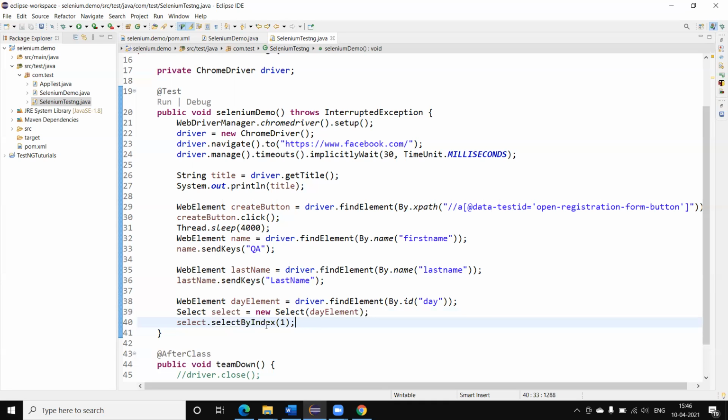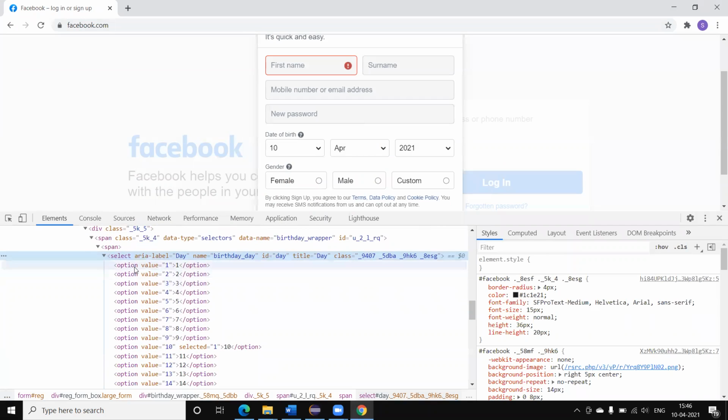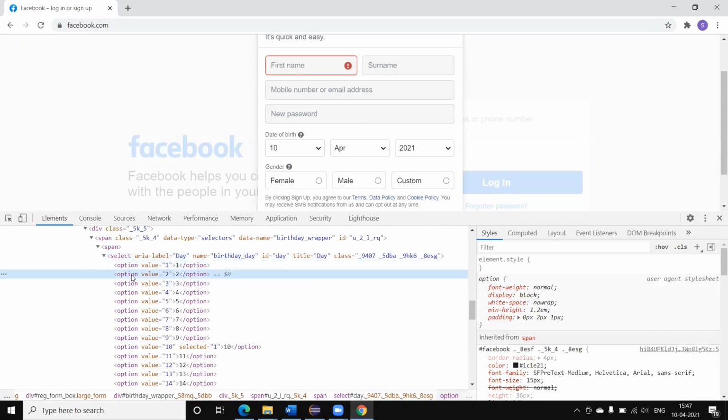Basically, when we come here, all the values are coming under the options. One more thing: the Select class functions will work only when your drop down is developed using the select HTML tag.